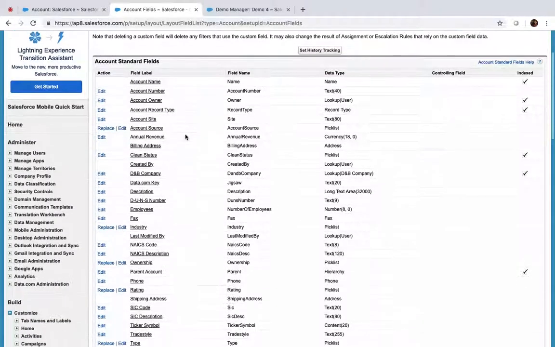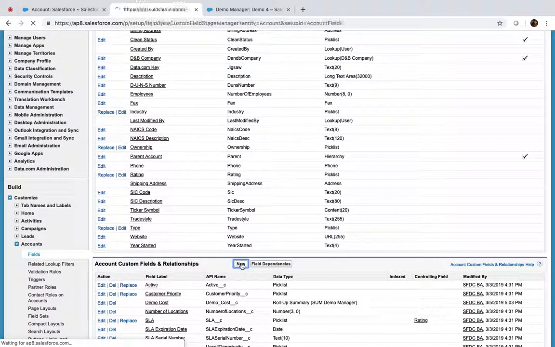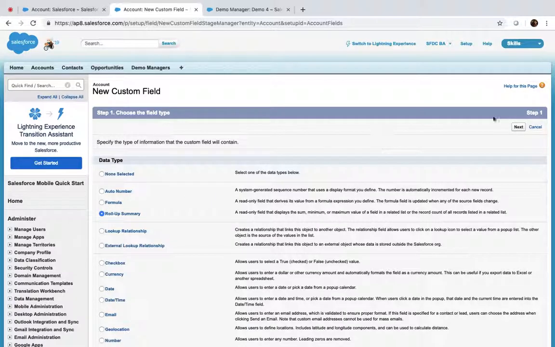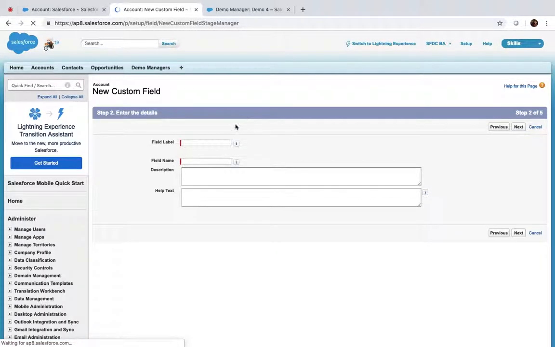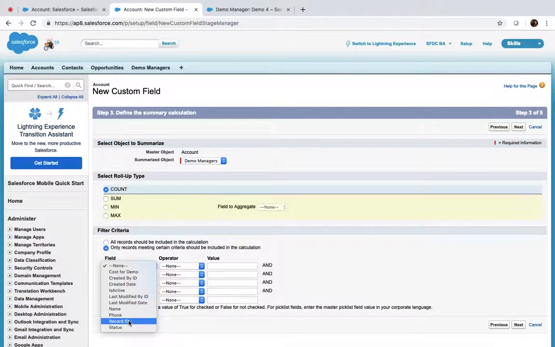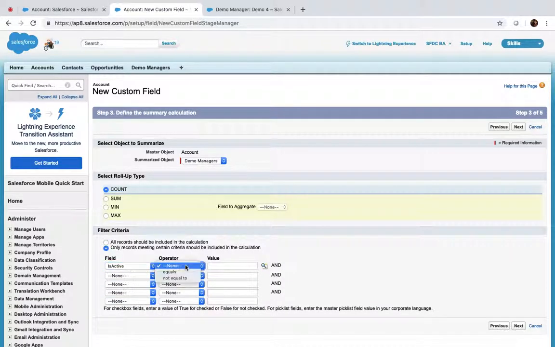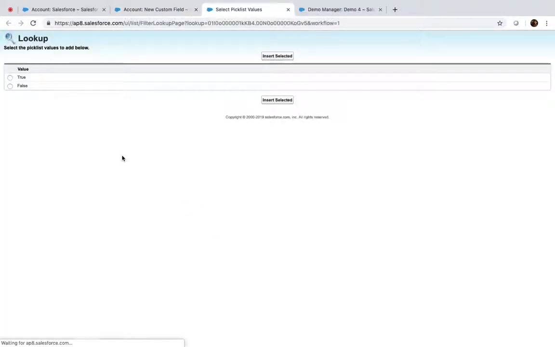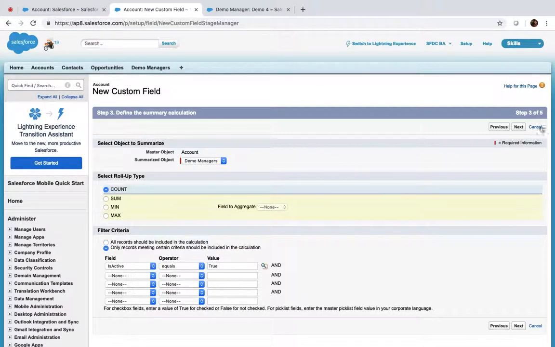Again, we need to create another roll-up summary field. Roll-up summary. Next, active demos. Summarize demo manager. Here we don't need sum, minimum or maximum. We need a count of records. Click on count. Only if the field value is true. Is active equals true. Insert selected. Next,